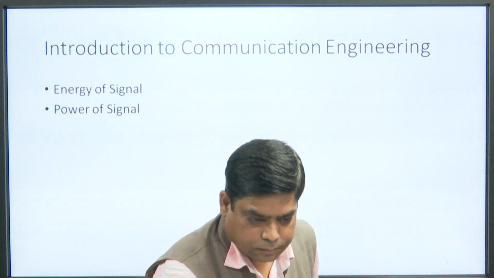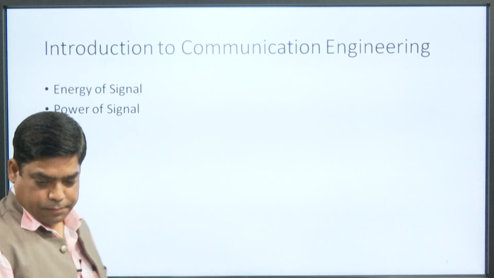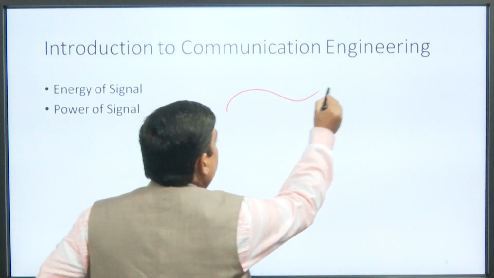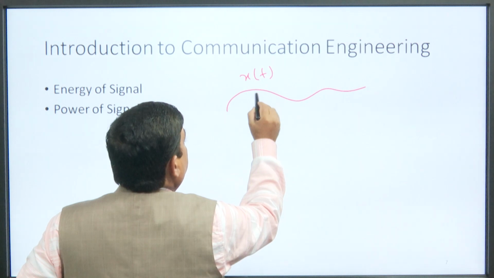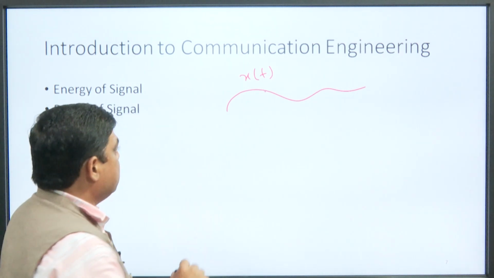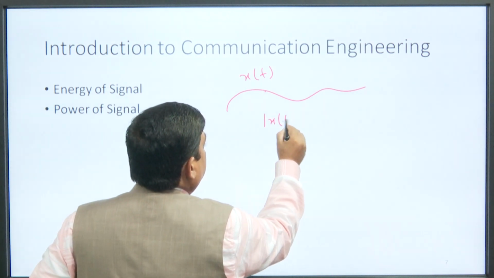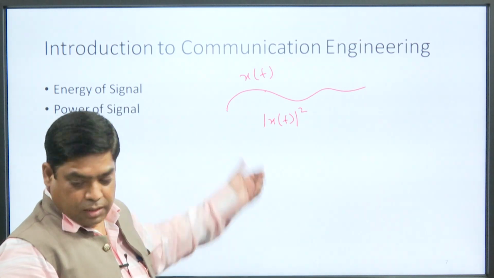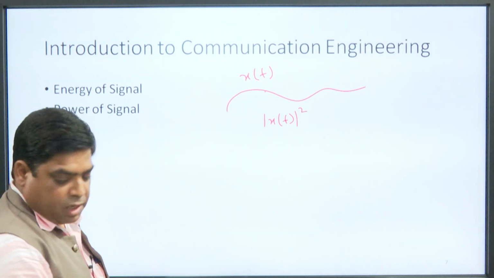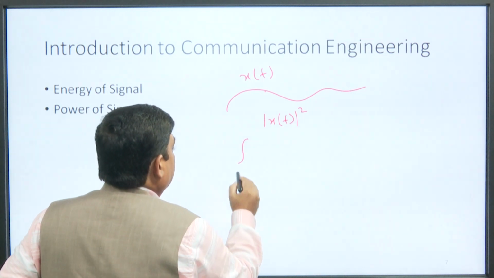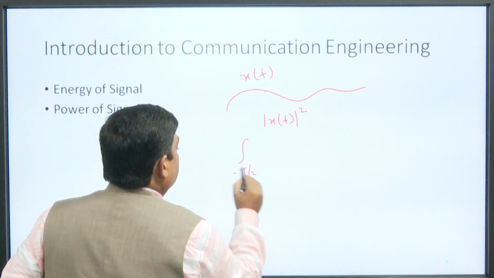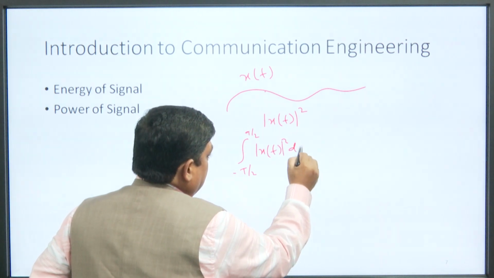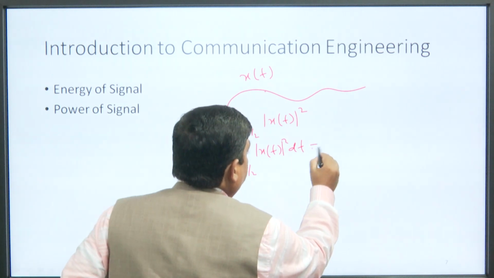Next, energy of signal and power of signal. See, for any signal x(t), at any instant, we can find its instantaneous power by calculating the mod of x(t) squared. If x(t) is voltage or current, then we can find its power as mod of x(t) squared, that is the instantaneous power. This power can be integrated over a given time range, say minus T by 2 up to plus T by 2, mod of x(t) squared dt. This is nothing but the energy of the signal